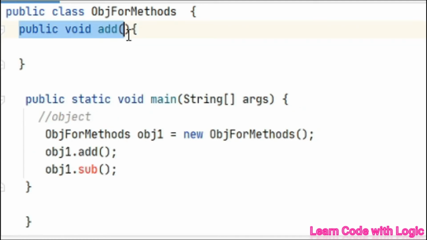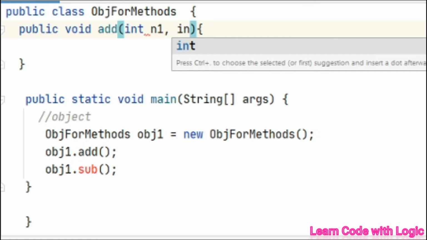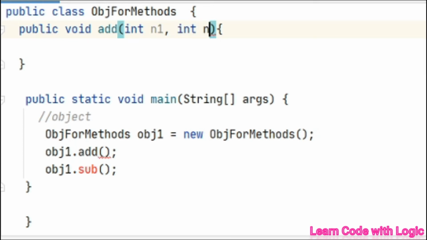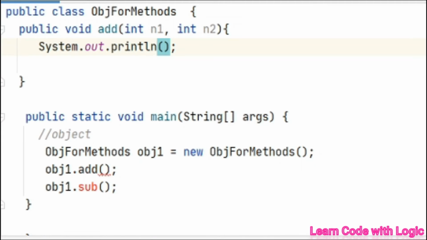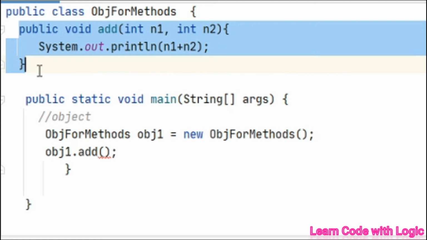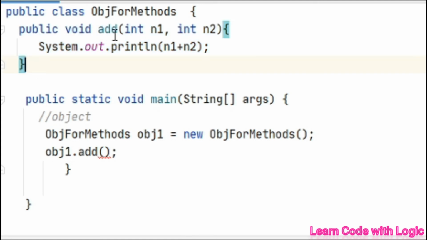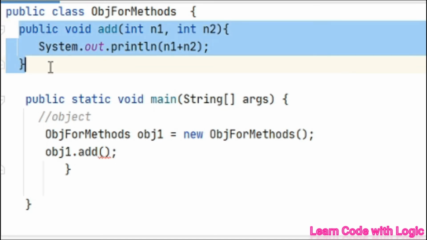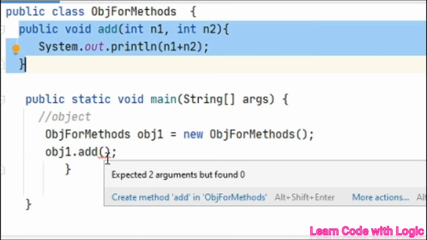First I created a method and gave arguments here, n1 and n2. What it does is addition, n1 plus n2. Here I haven't given any value to the variable, but I gave the arguments here and the same thing I'm passing here. So the method is good, but still we are getting a compile time error.